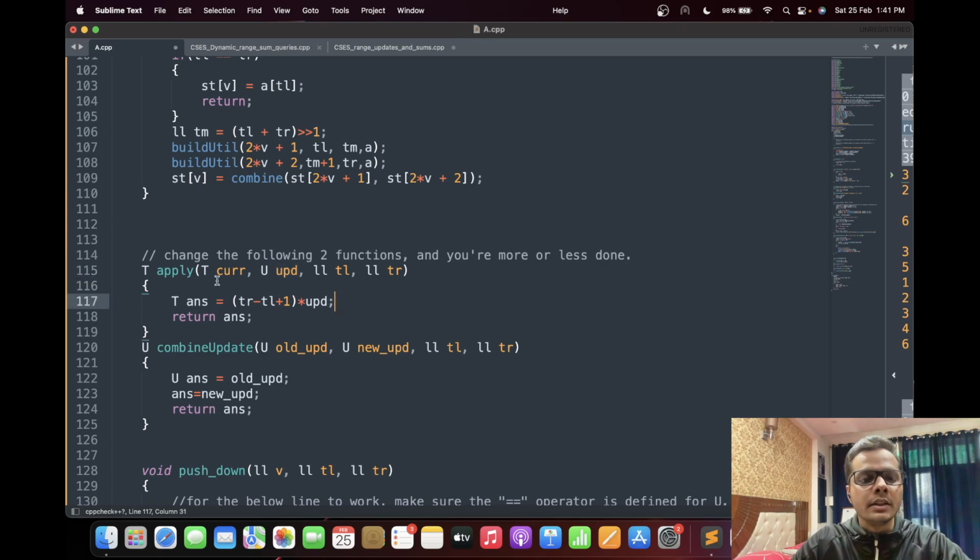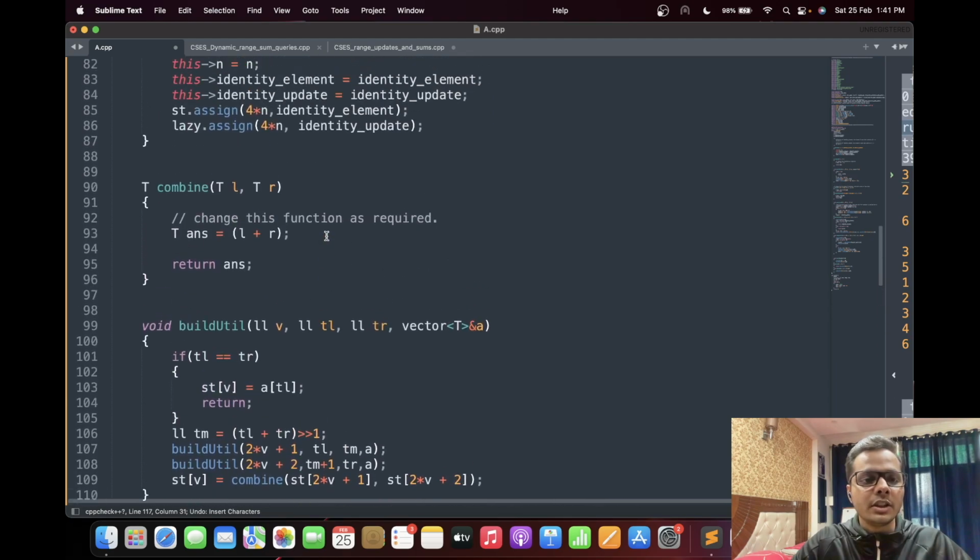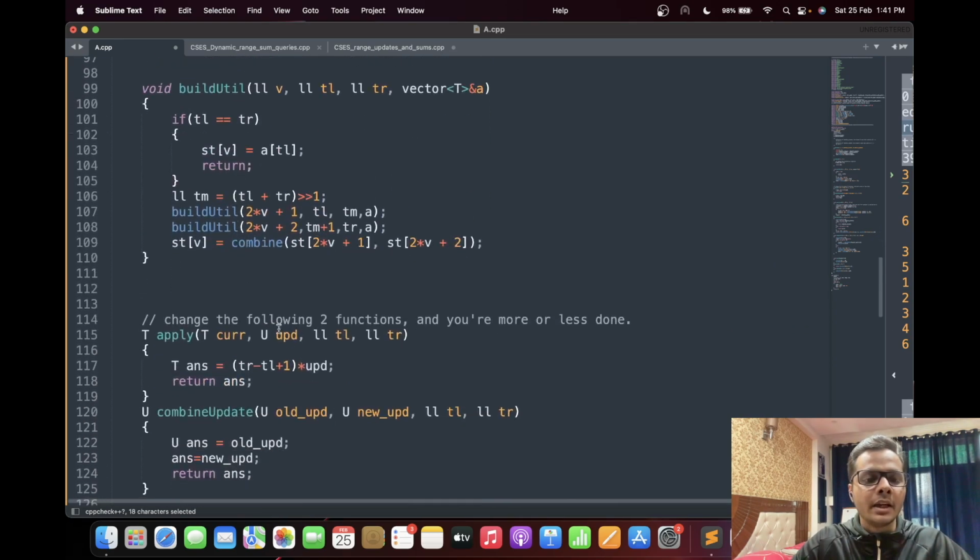So right now, this update basically is assigning a value to the range. Okay. Now, this segment tree is essentially built for querying for sum, and the updates are assign a value to a range. So if you want to assign this value UPD to a range from TL to TR, then how will you apply this update to a node? So a node is storing the sum of the range, right? So you just apply this update to the node. And what that means is that all the elements in the range from TL to TR will be replaced by UPD, which means that their sum will become TR minus TL plus 1 into UPD. So you will just say T answer is equal to TR minus TL plus 1 into UPD,